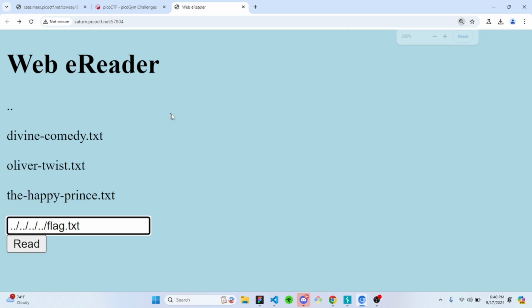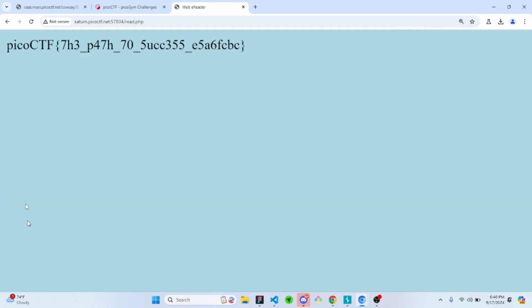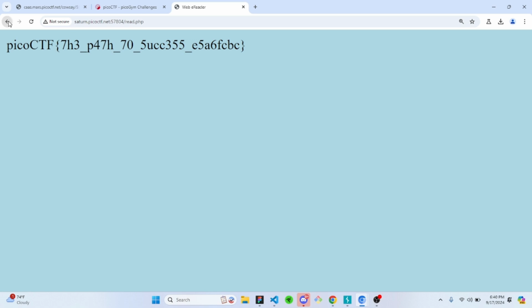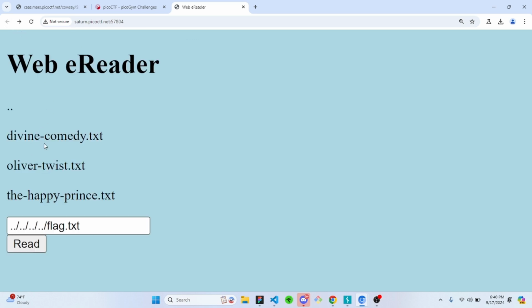There you go. So that's what that looks like. And if I've gotten the right number, yes, I can hit read and I get the flag. Something interesting though that you might not consider is, since we know flag.txt is in the root directory, which is